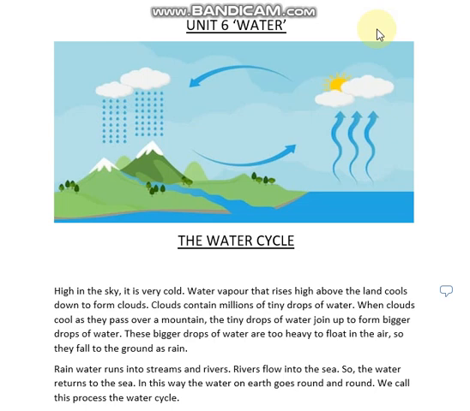Now today I will explain to you the new topic, that is the water cycle. First I will explain with the help of a diagram. You see there is water in the form of a stream or lake or river. When the sun shines on the lakes or rivers, the water becomes hot and it changes into water vapor or steam. The vapors or steam start to go high.